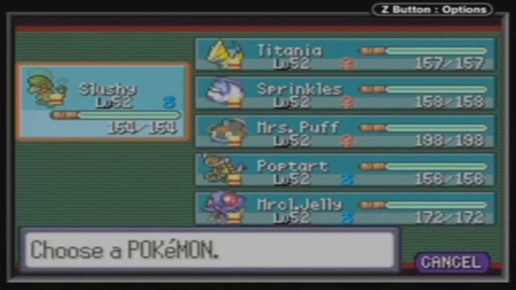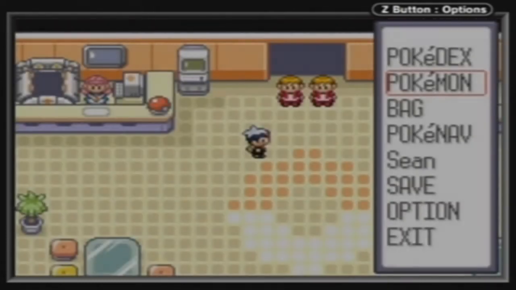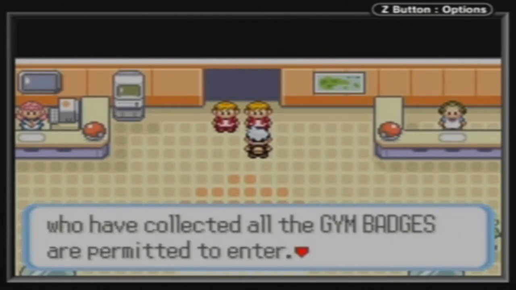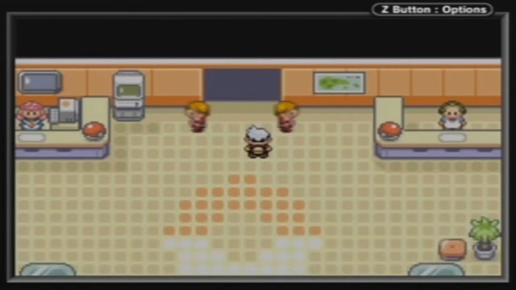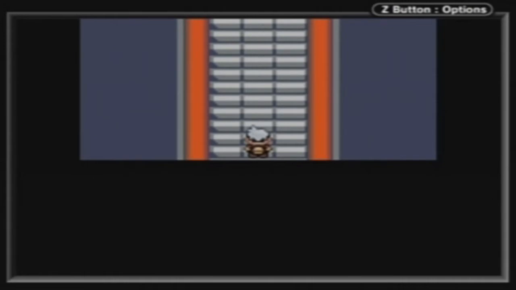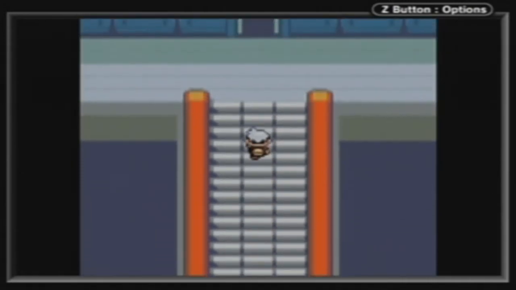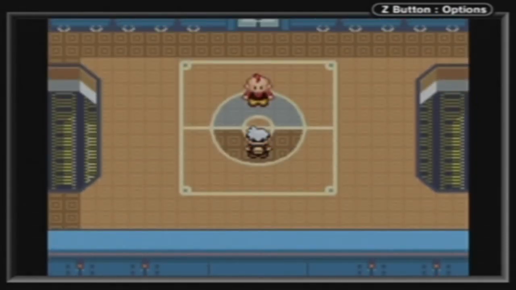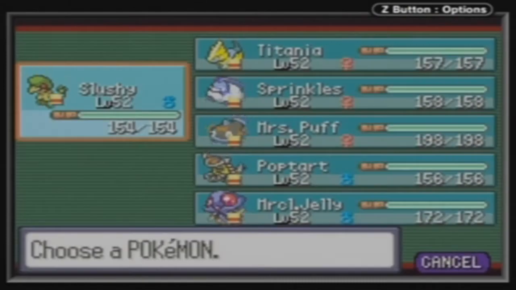Right, so, without any further ado, now that I've spent 5 minutes just kind of derping around, I think it's about time we start. Beyond this point, only those trainers who have collected all the gym badges are, yeah, we know. We got them all. Believe it or not, it's possible to get here without getting all the gym badges. You can get here without Fly, so, yep. Alright. Oh god, I'm so nervous. I already said why. I mean, if we don't do well in here, then I don't want to say all this went to waste, but...